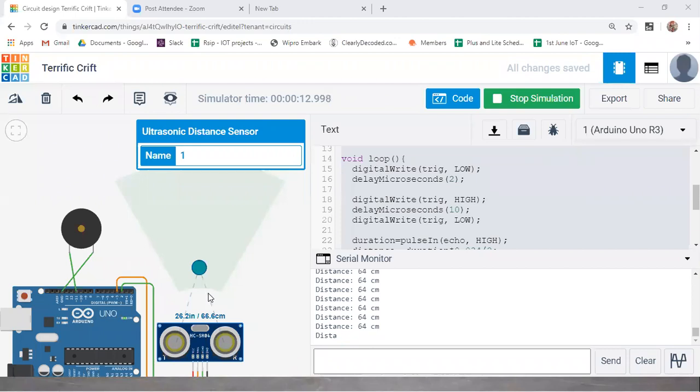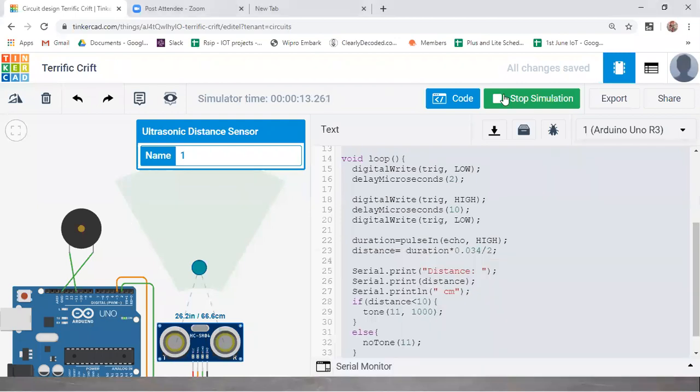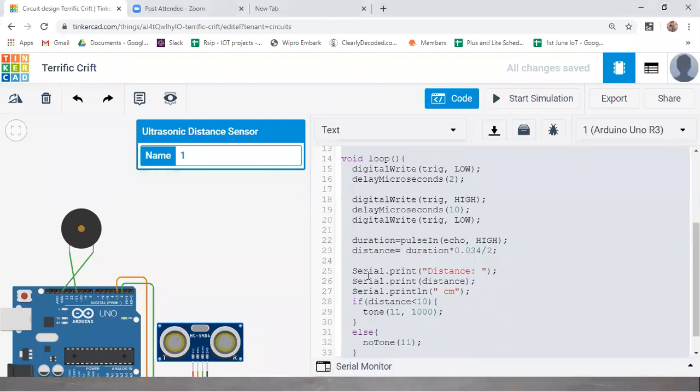Here I have just integrated another sensor to show you how to integrate one or two sensors with a particular Arduino setup. Like this, you could integrate other things also. If you are using a particular sensor, you could integrate other sensors also. In place of this piezo buzzer, if you want to place some LEDs, like if your distance is between 10 and 20 centimeters, you want to turn on one LED.